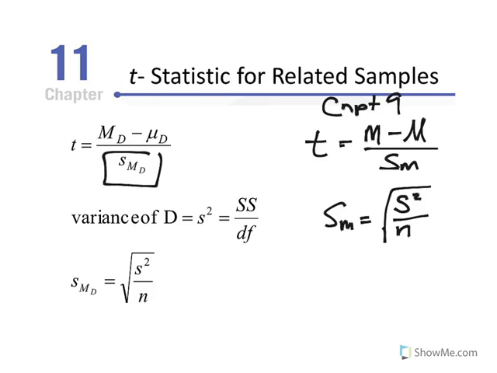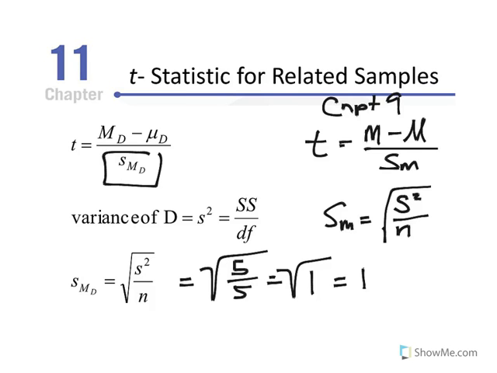So we can then compute, given what we just calculated for variance, variance was equal to 5, our sample size was equal to 5, and that would equal the square root of 1. And given the data presented in Table 11.1, we've come up with the estimated standard error of the mean difference equal to 1. And we would use that in our t equation to compute our t statistic for